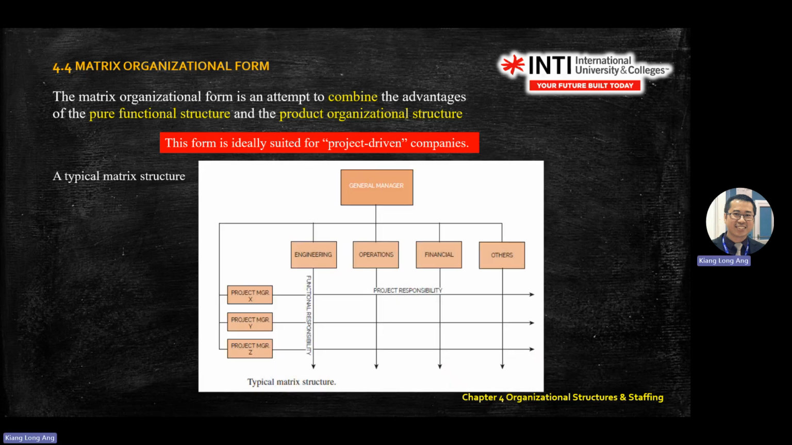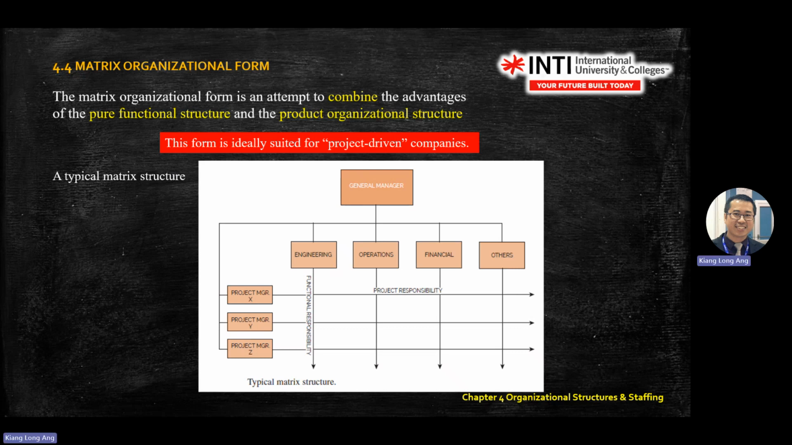Project driven and product are different, so do not confuse it with the earlier product organization structure. This matrix is more suitable for project driven. For example, the matrix structure looks like this. What is the difference from the previous one? This is the classic one, the one that I drew on the whiteboard. And this one will share